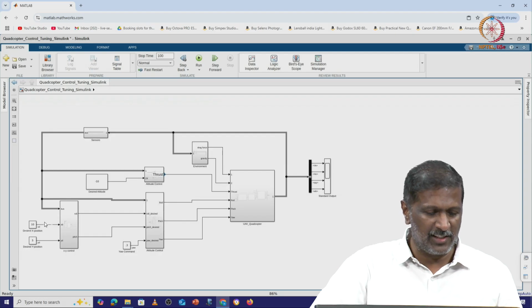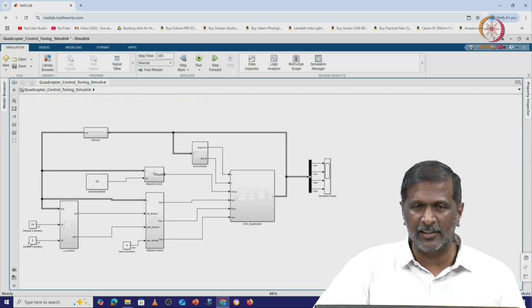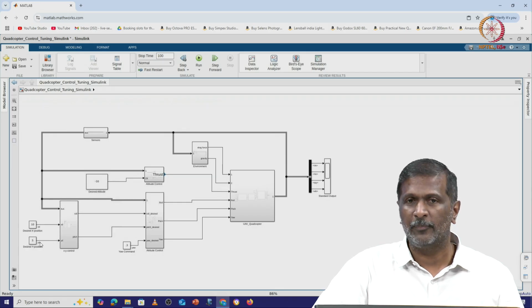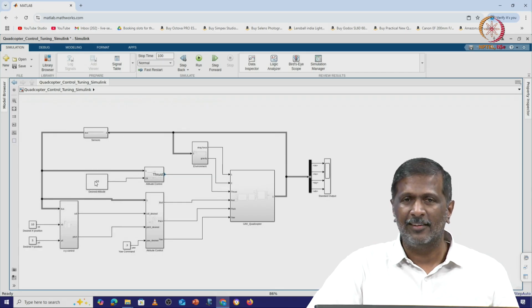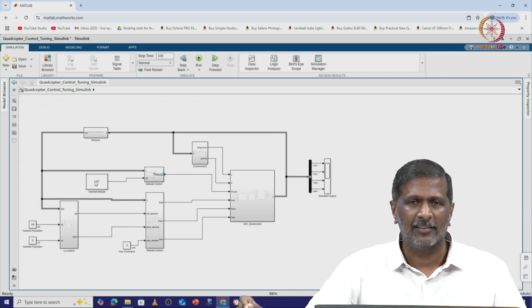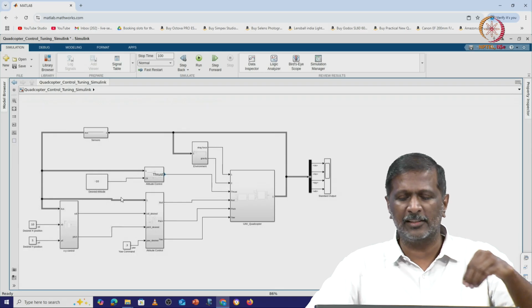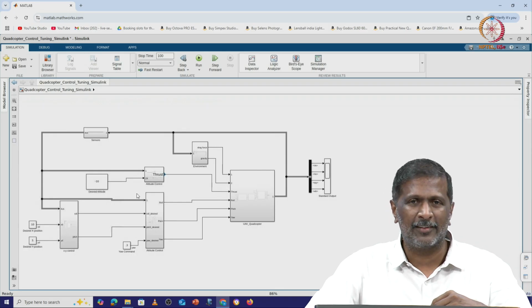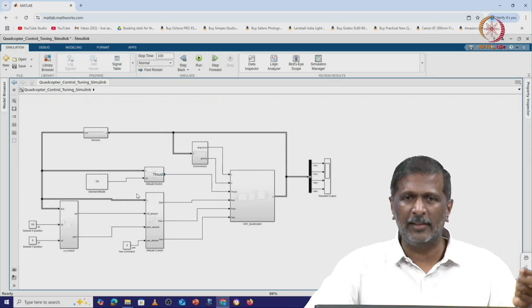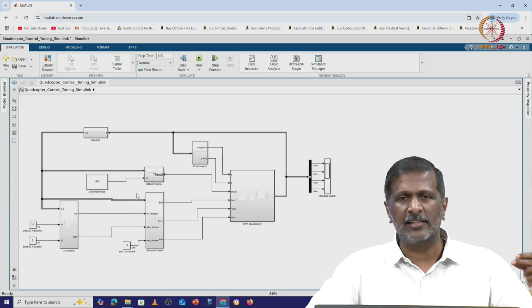You can even change this. I already kept this 10 meter altitude, X position to be 10 meter, Y position to be 5 meter. You can replace this and provide a trajectory. Get me this trajectory, and you can see how effective it is in following the trajectory. So you can go back and tweak the controller. If the X response is too aggressive, whereas Y and Z are normal,